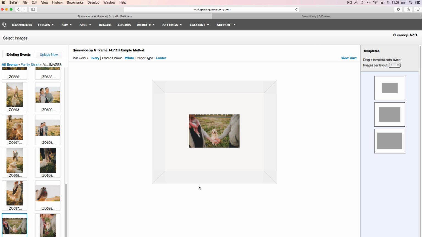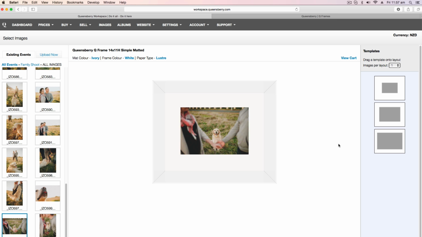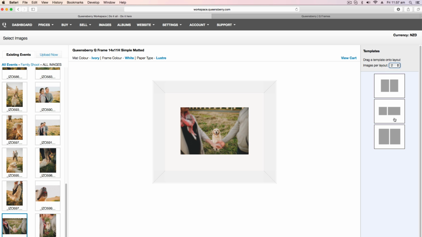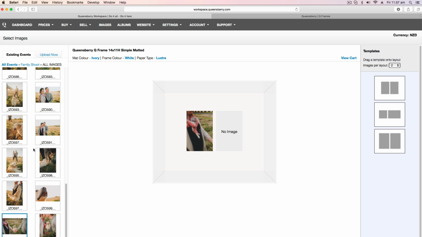frame. On the right hand side here you can select a template with a different aperture size to suit the look that you like. You could also select a template with multiple apertures and add 2 or more images in a single frame. To change one of the images you've selected, you can simply drag and drop another image over the top. You can also zoom and reposition the images with the sliding bars that appear when you hover over